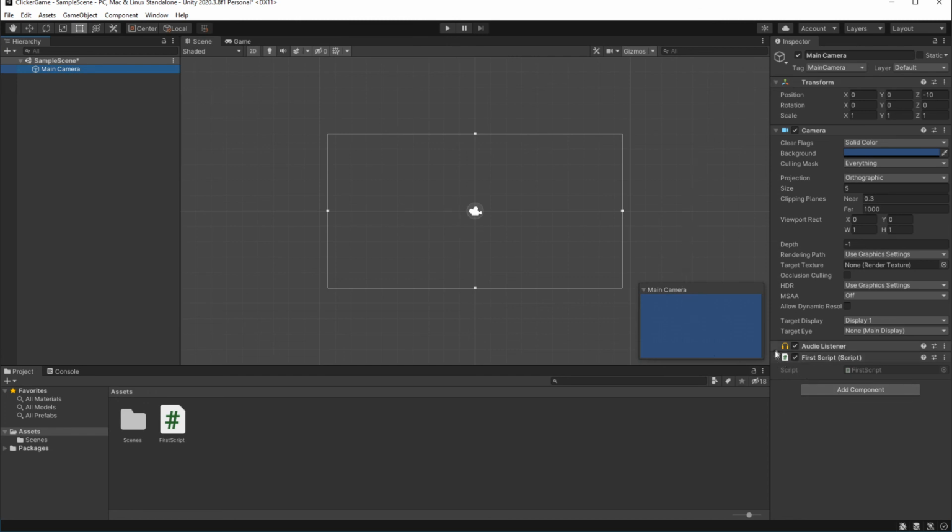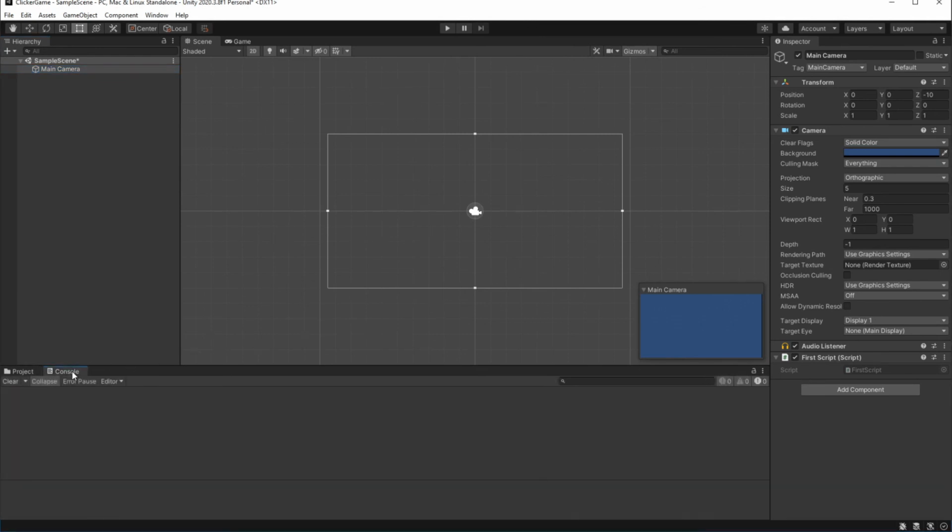There is a wide variety of components, and components define the functionality of the object. We will discuss this topic later on. What is important is that your first script must be present at the bottom of the list of components in the inspector, like it is on my inspector.